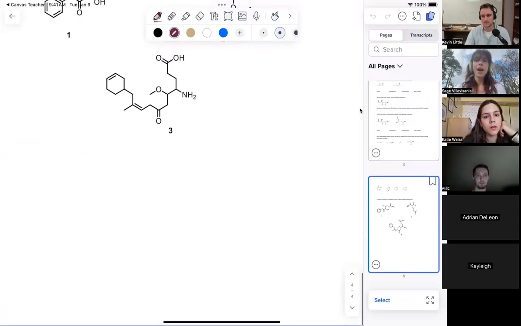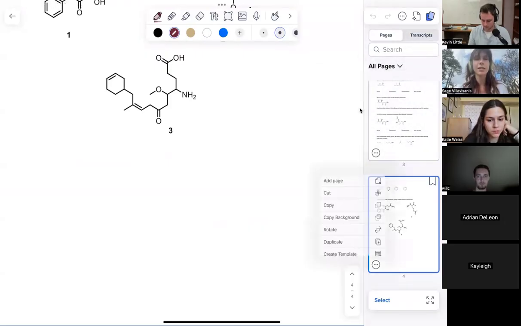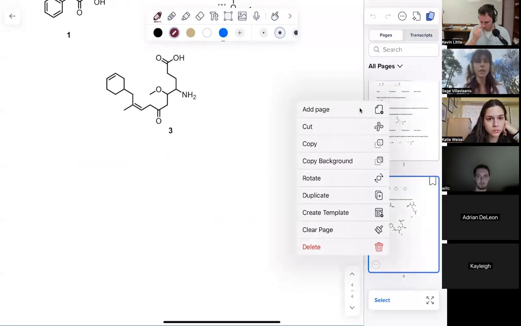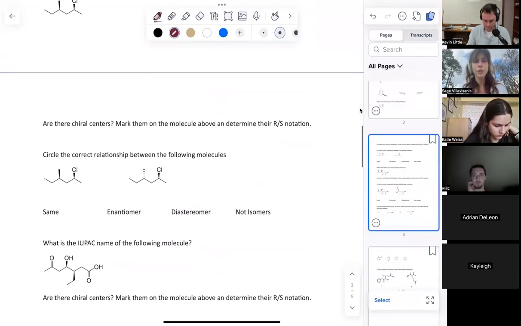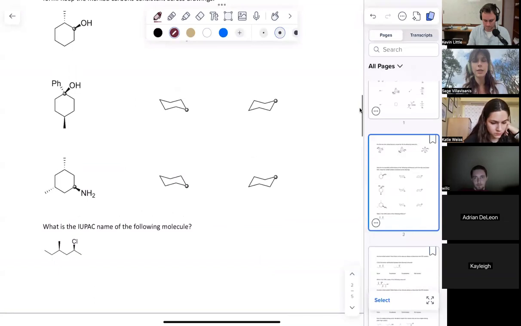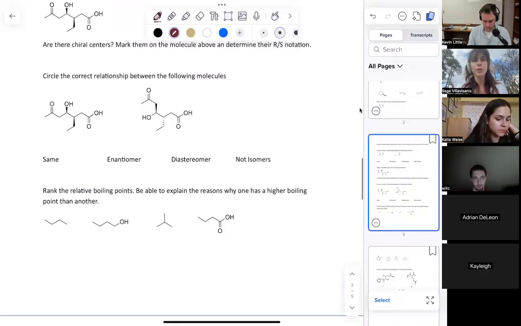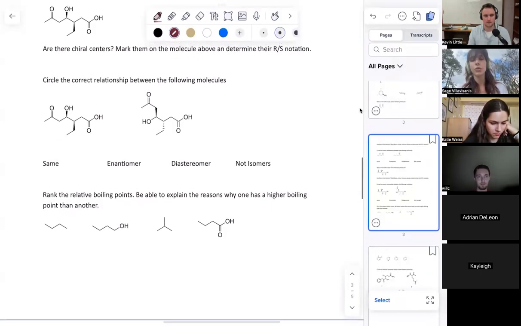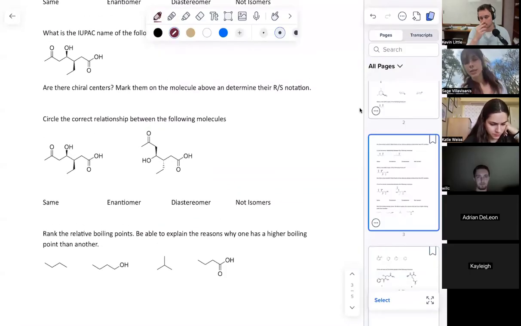I don't know about everybody else, but I was a little confused about some of the RS orientations, mostly because I think on the practice exam, on the second to last page, there's the big molecule that you originally did the naming for, and then you have two, and it's asking about the enantiomer and diastereomer, isomer, whatever. Sorry. No, it's all good. And I was confused as to why,